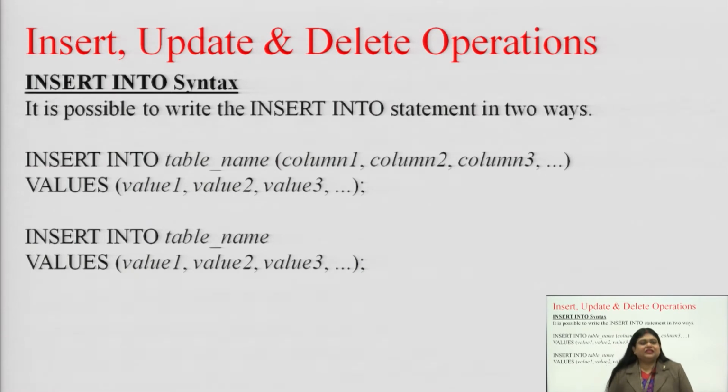Right. So, this is the format, or we can call it the syntax, which is used for inserting data into a particular table that you have specified with your attributes and all those things. Right. So, there are two ways of inserting data into the tables. The first way you can see over here: insert into table, the table name. Right. And then we specify the column names, like column 1, column 2, column 3, these are the attributes, and then we specify the values.